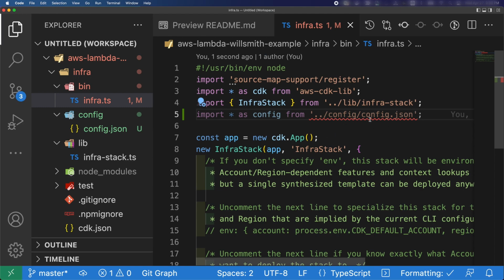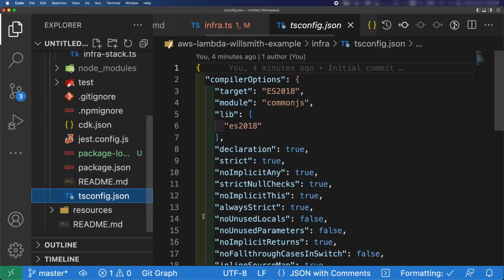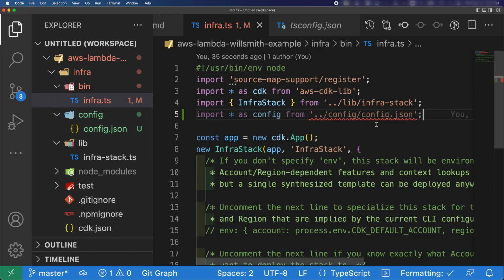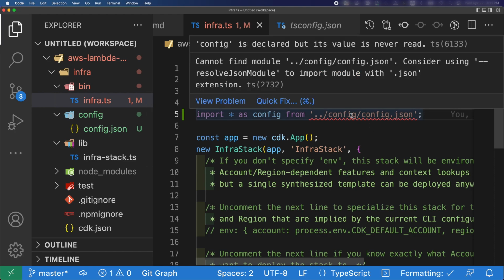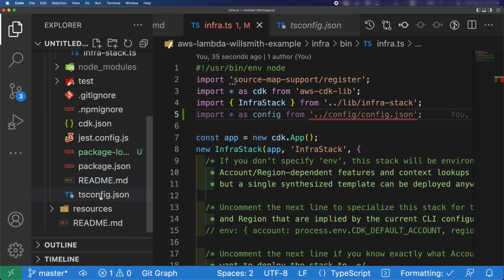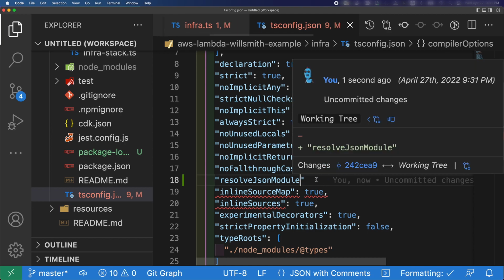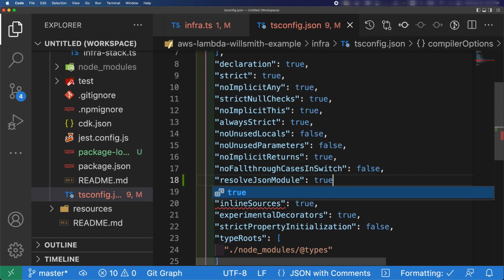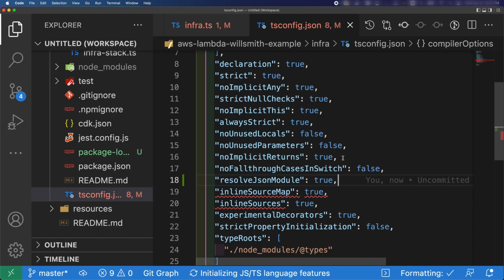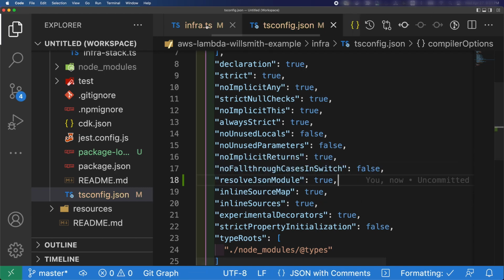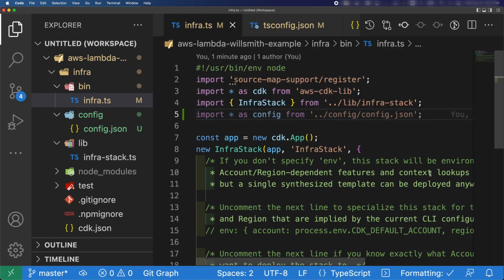It won't resolve for the first time. That's the reason I was mentioning that a few changes might be required in your ts.config. If you see here, I included it, but it's still showing that it can't find that file because I don't have this particular configuration in my TypeScript configuration file. So here, I'm going to add this with resolve JSON module as true. With this, I think it should resolve. There you go. Now I don't see this error, right? All right, so let's go back to our